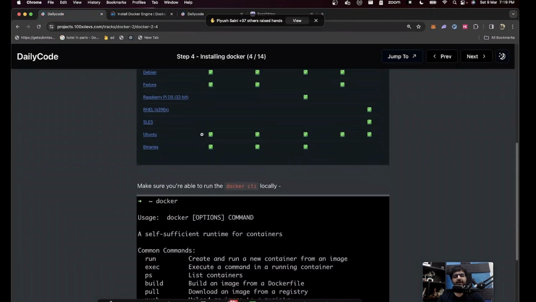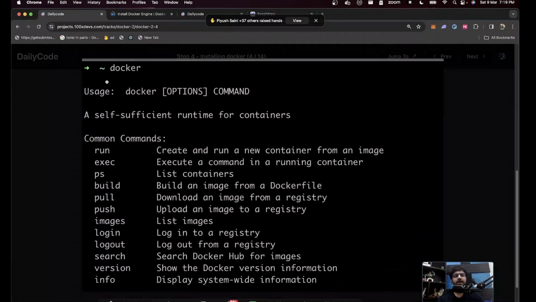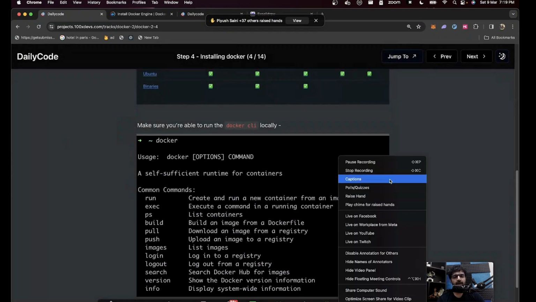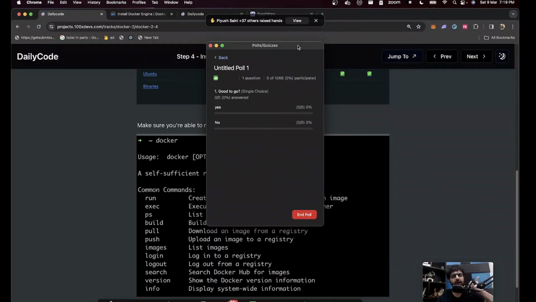By the end, you will know whether or not you have Docker installed. If you can run the docker command in your terminal, or if you're on Windows, in your command prompt, or if you're using Git Bash. This is where you need to reach before we proceed on the slides. You need to be able to run docker, and you should see something over there. It should not say Docker does not exist. Let me quickly do a poll, and let's see how many people actually followed the announcement and installed it. Do you have it installed locally? Are we good to go?